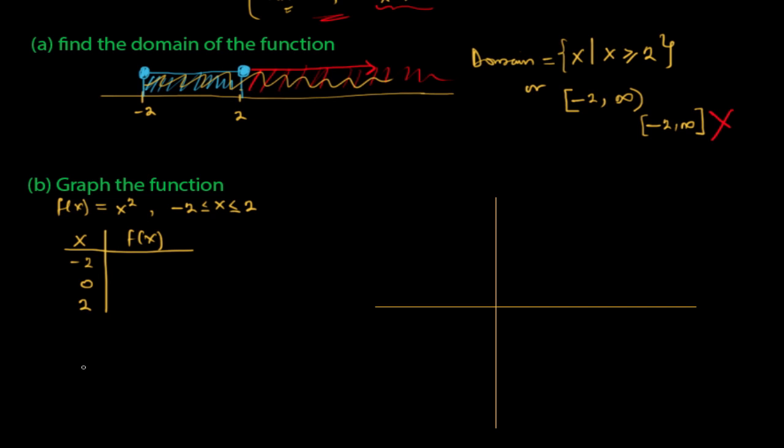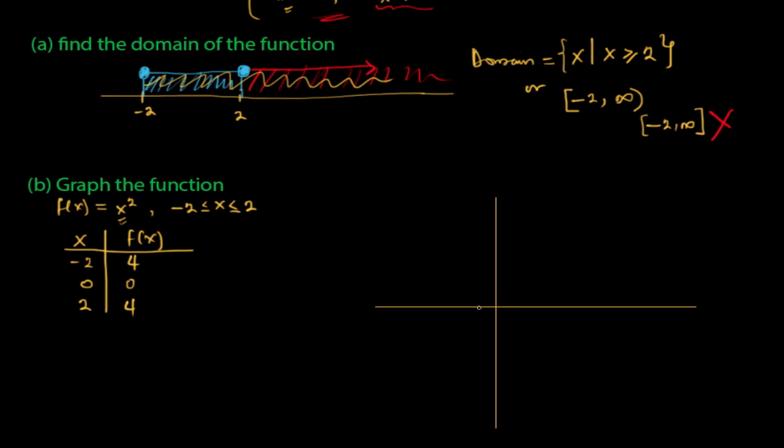So let's include 0. When x equals -2, when we substitute it into here, we have -2 squared, which is 4. When x is 0, f of 0 is 0. When x is 2, f of 2, which is 2 squared, is 4. So if I want to graph this function, which I'm going to do right now, I could start